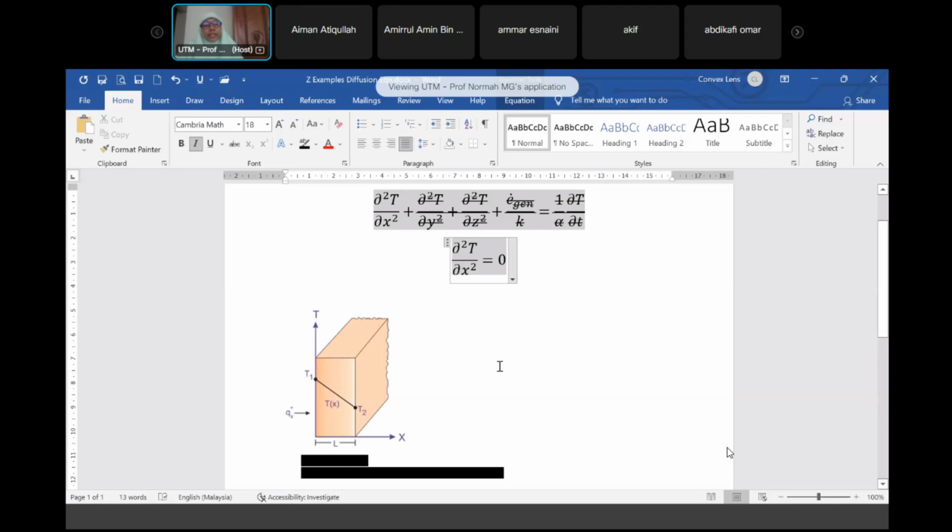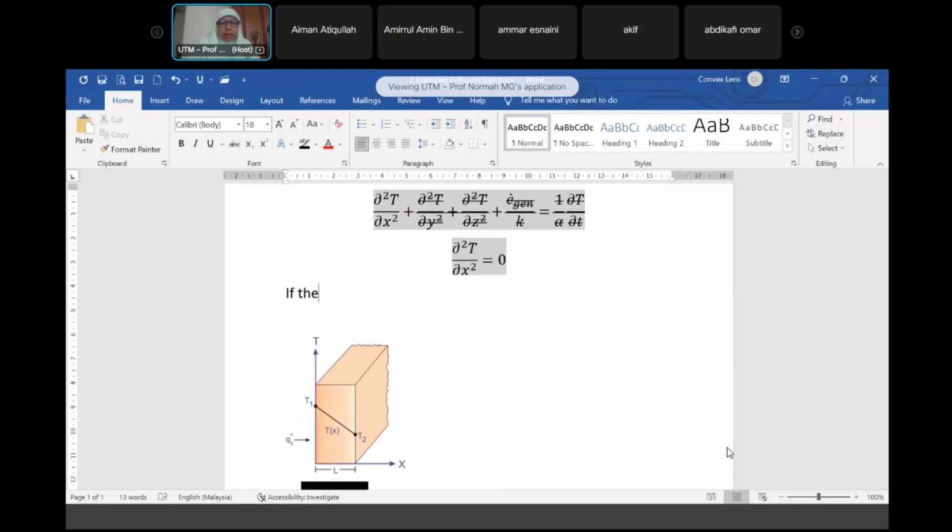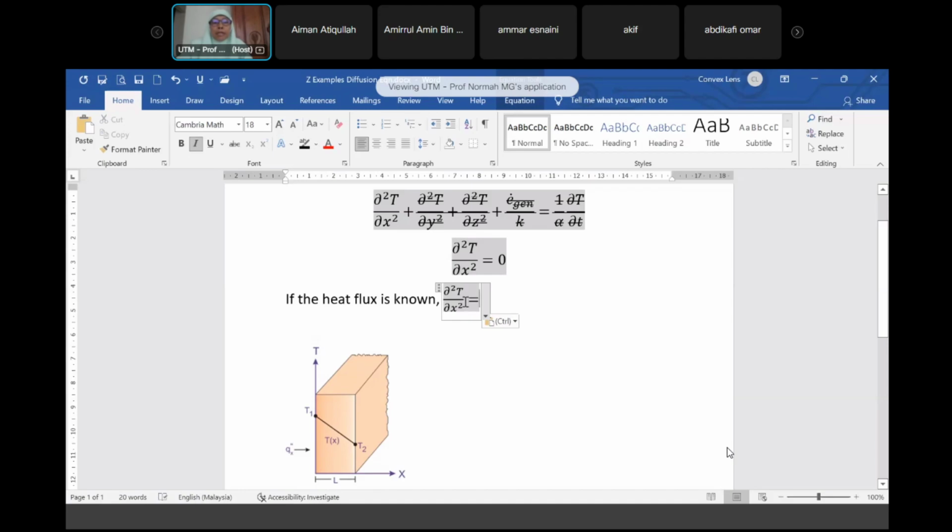The other boundary condition is that you may have temperature here and heat flux here. The heat flux may be 0 in the case of an insulated wall. So the heat flux is 0. If the heat flux is known, your boundary condition would be, you follow Fourier's law. What is the heat flux boundary condition? So here we say at X equal to some value, L,